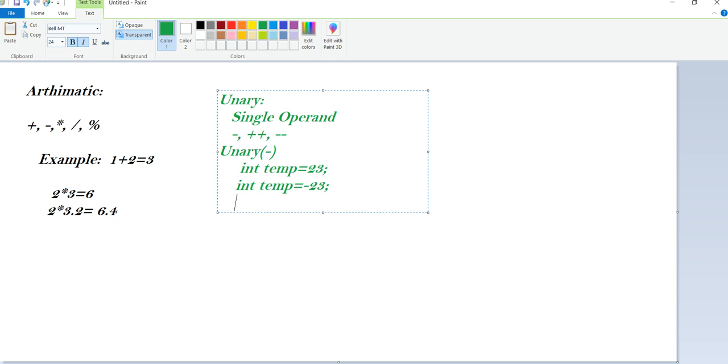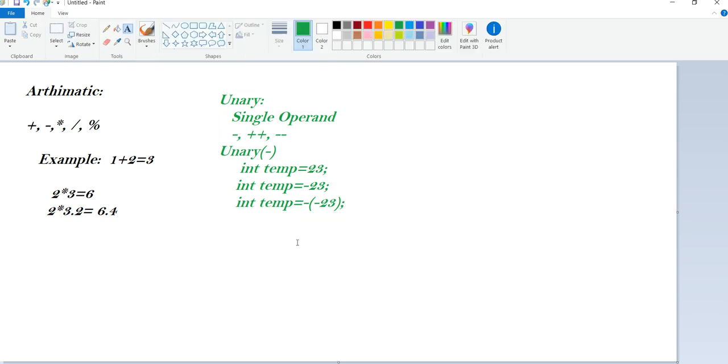Or we can convert it: int temp equal to minus of minus 23. So either we can calculate or convert from negative to positive, positive to negative. That we can do using the unary minus operator.